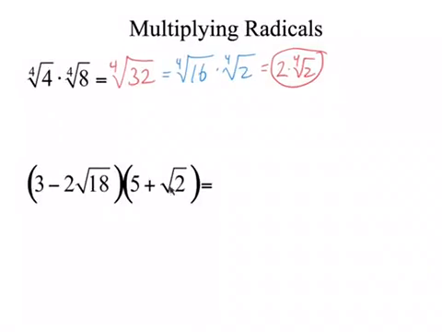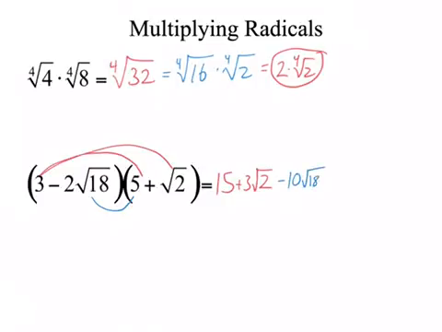For this one, when you're multiplying these two binomials, you're going to FOIL or use the box. I'm going to do it with the FOIL right now. So 3 times 5 is 15. 3 times this is 3 square root 2. Then, this times this, hopefully you can see, is negative 10 square root 18, because you take the 5 times